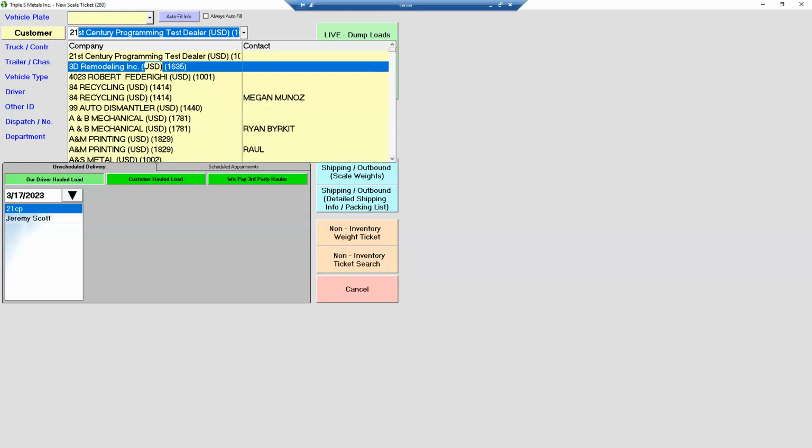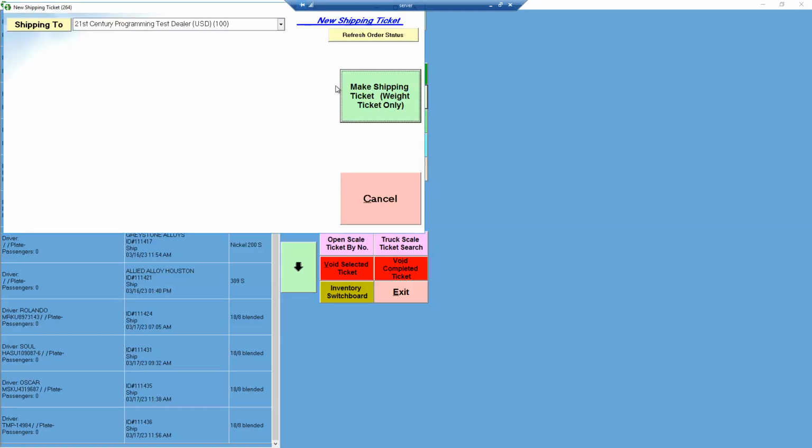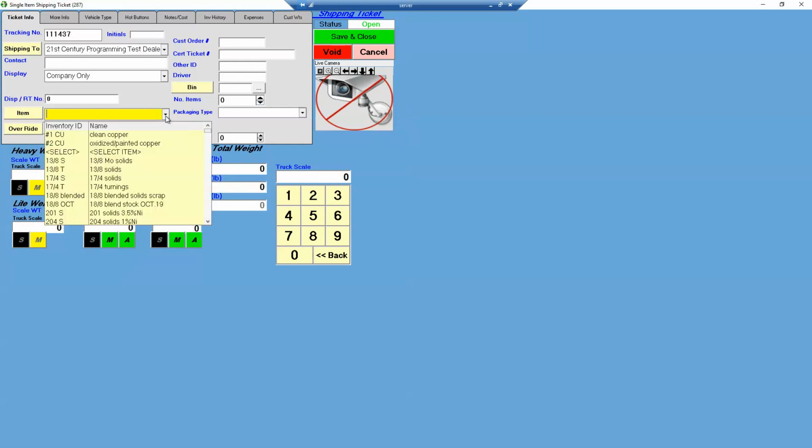And then I always use 21st as a dummy. Then next button, you click shipping outbound scale weight. And then make the ticket shipment weight only, the green button. And then next, it will ask you what material that is. You can just click the correct one, of course, based on your booking information,